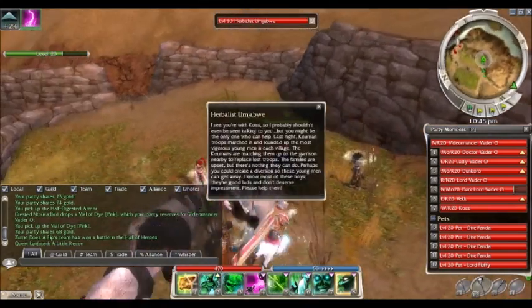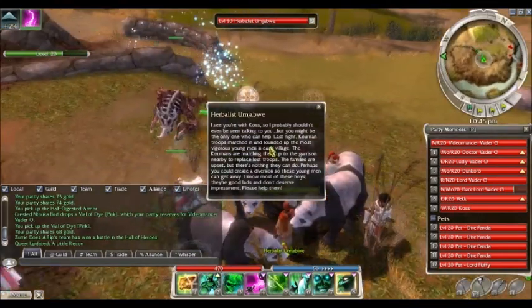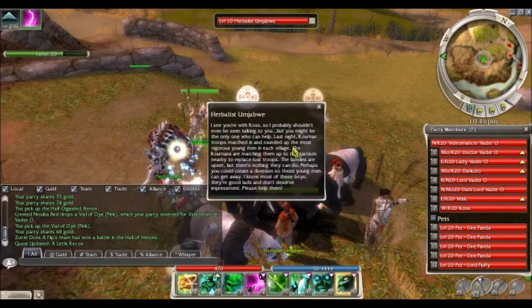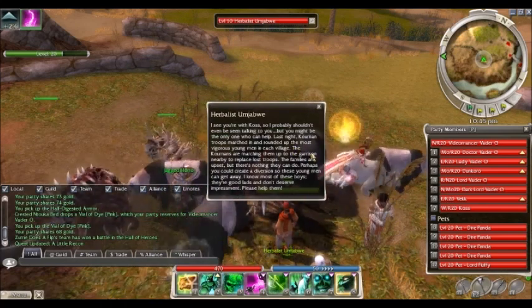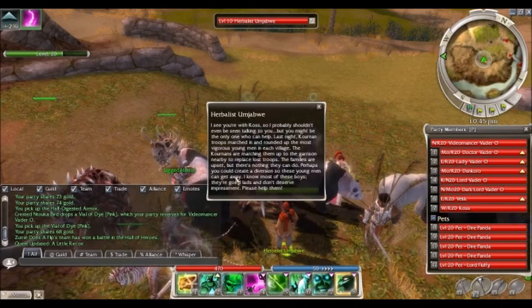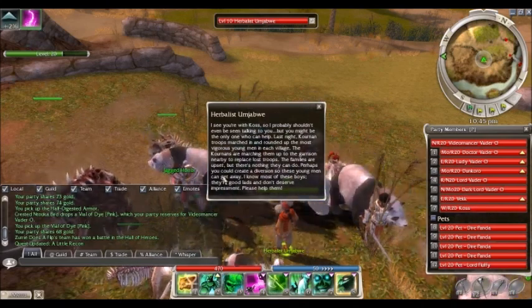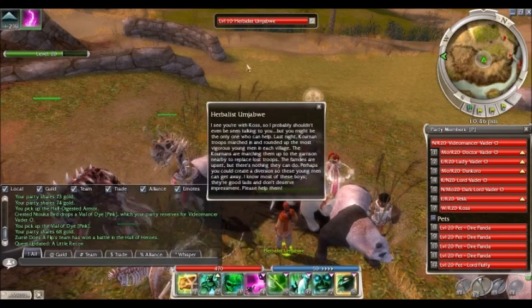I see you were cost, so I probably shouldn't even be seen talking to you. But you might be the only one who can help. Last night, Conan troops marched around up the most feverish and managed village. The Conans are marching the arch of the garrison nearby to replace the lost troops. The families are upset, but there's nothing they could do. Perhaps you could create a purchase so these young men could get away. I know most of these boys are good lads and don't deserve